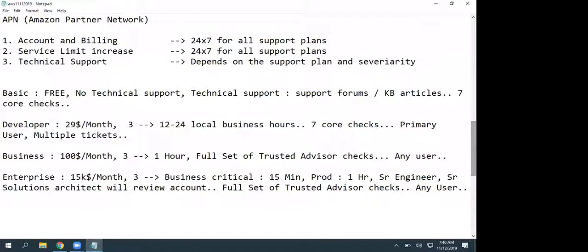Ticket is nothing but an issue. If you need some assistance or some clarifications from AWS, you can raise a ticket. Okay. So then business. When coming to the business support plan, it starts from $100 per month, and your issue takeup time is 1 hour